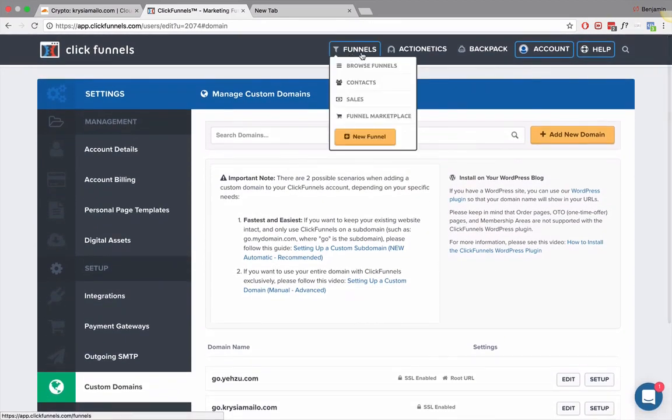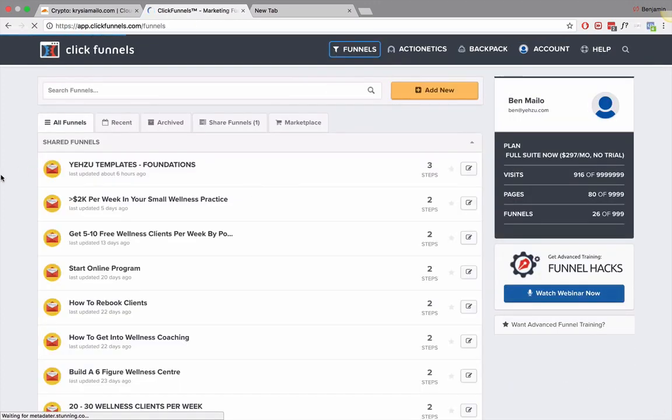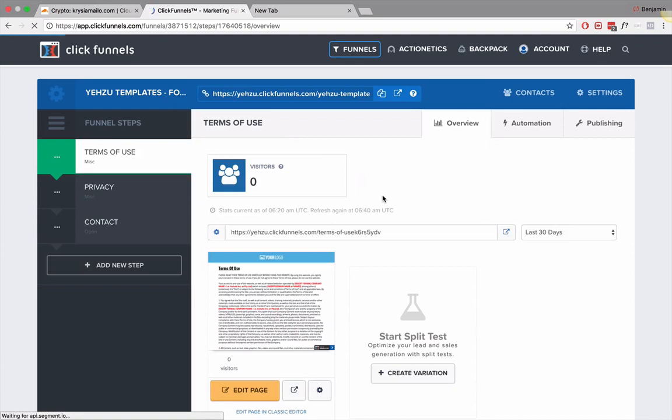So come back over here into funnels. Now these are the templates that we preloaded earlier. Jump onto templates-foundations. And now we can go into these three different pages. So you've got terms of use, privacy, and contact. We'll start with terms of use. So we want to go into settings